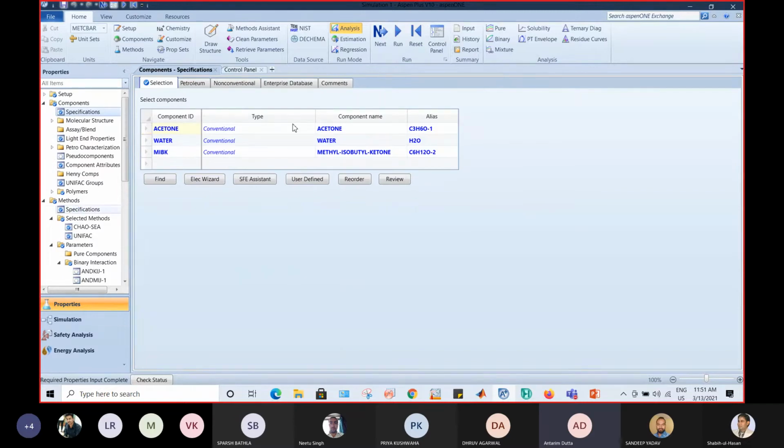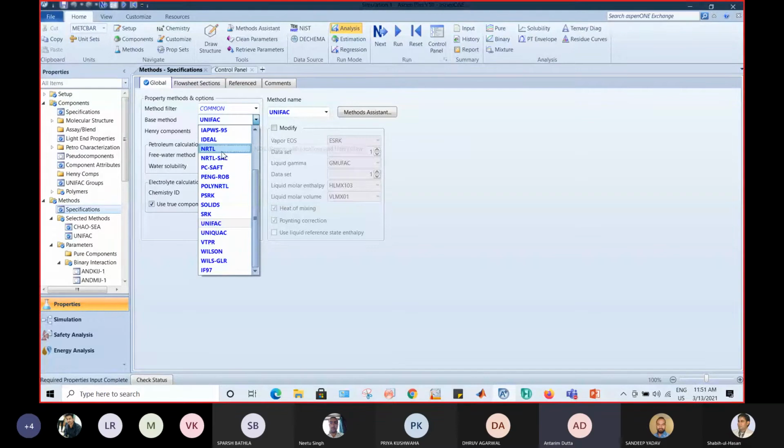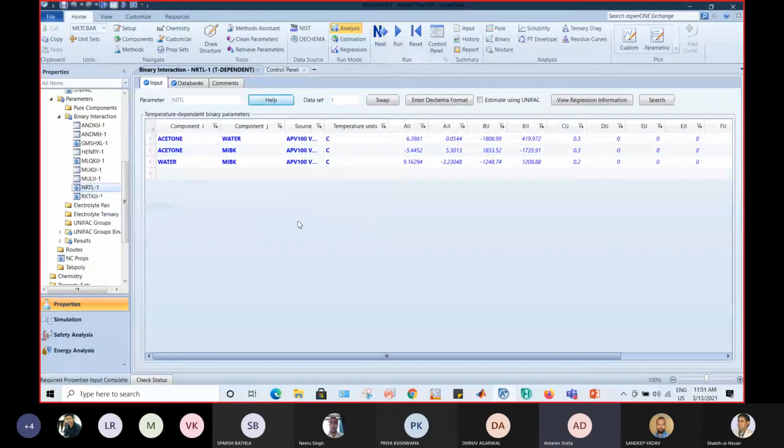So I have just switched my base method to NRTL, and I can see the interaction parameters. It's very important, since we don't have any idea regarding the behavior of the component in a binary, pure, or mixture way, to select a method which can detect the activity coefficients of the components and whether any azeotropes are present.